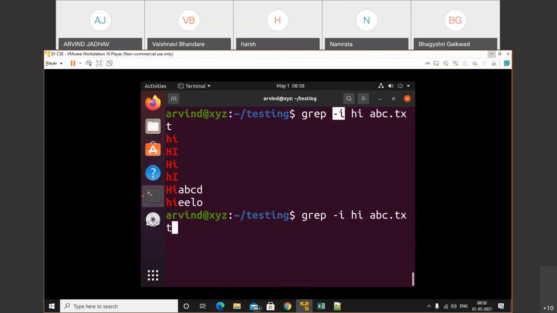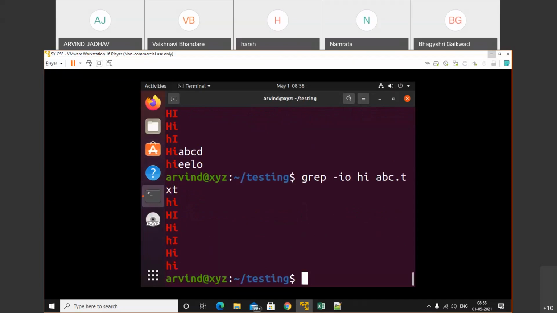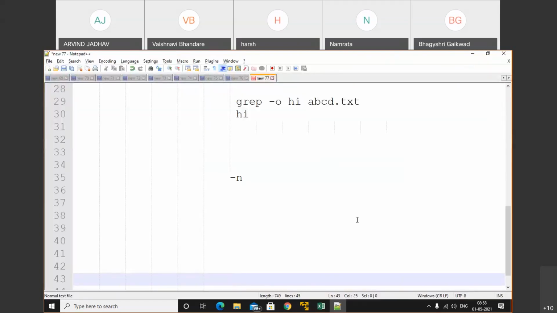And when we press o with that, the last two words are not visible, only 4 lines will be visible. See, will the additional content be visible? No, additional content is not visible when we pass option o. Make a note of that. When we press i, it will perform case insensitive matching. When we press o, it will show only the particular one.